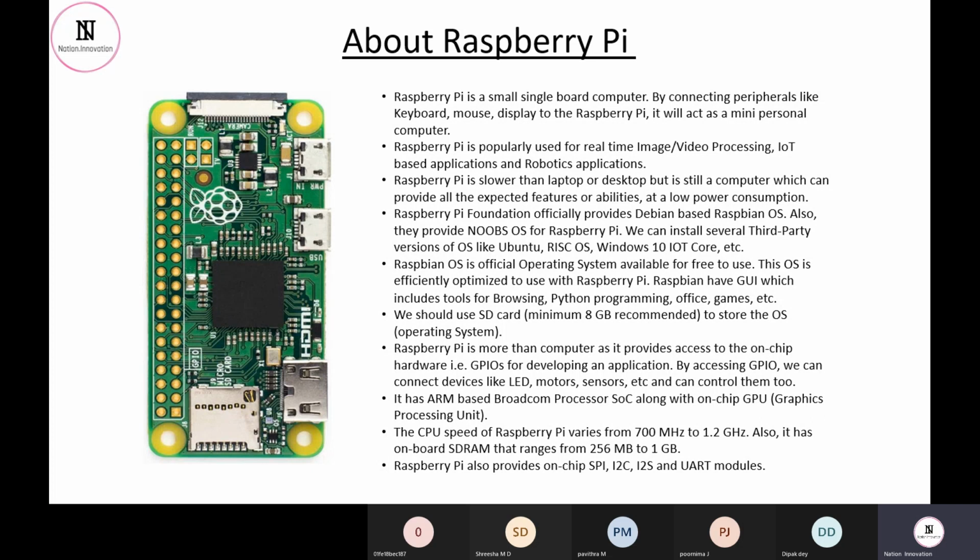For robotics and avionics purposes, it's a very good board. If we require very strong computation power, you can use it. Also, with the availability of the processor, we are able to put an OS onto it. The common OS available for it is the Raspbian OS or Raspberry Pi OS, as we usually call it. There are multiple other OSes available for the Raspberry Pi which we can download, like Ubuntu, RISC OS, and Windows 10 IoT Core. It's available from various different vendors.